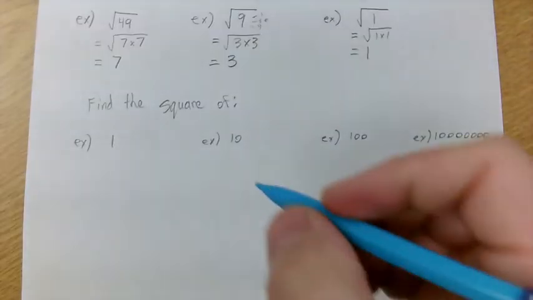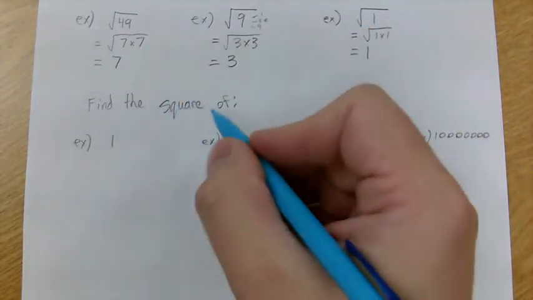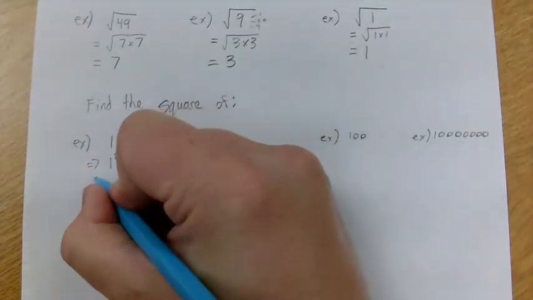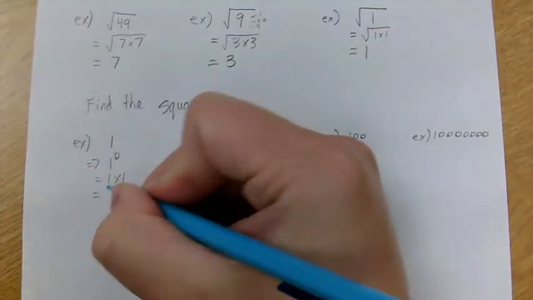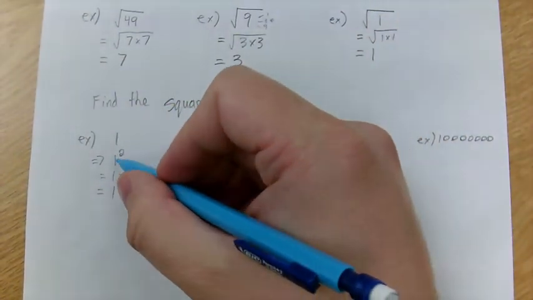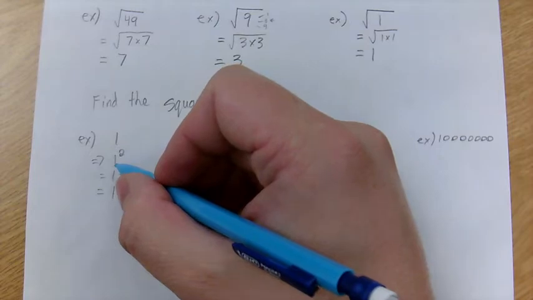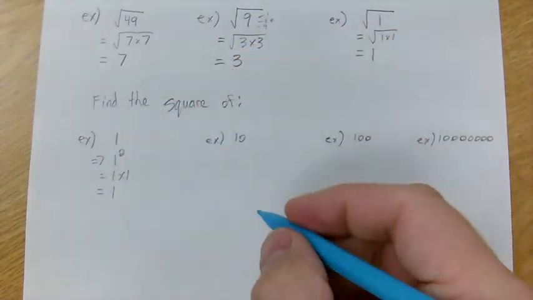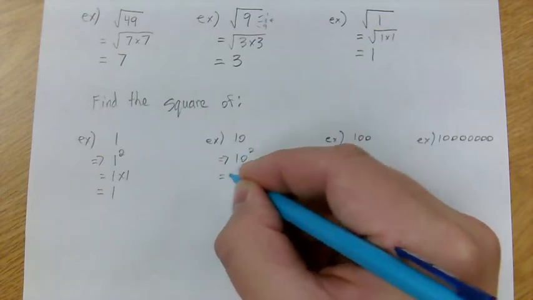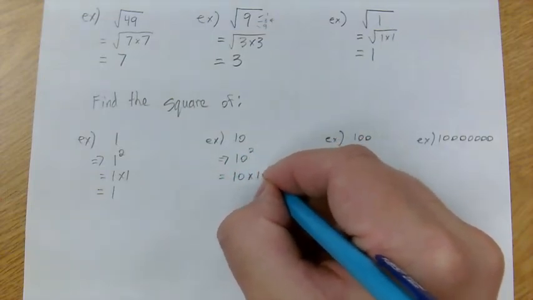Here's some more examples. Try to do it with me. Find the square of 1. So that means 1 squared, which means 1 times 1, which equals 1. Interesting. So 1 to the power of 2 means 1 squared. That means the same thing. What about this? This is 10 squared, which is equal to 10 times 10, which equals